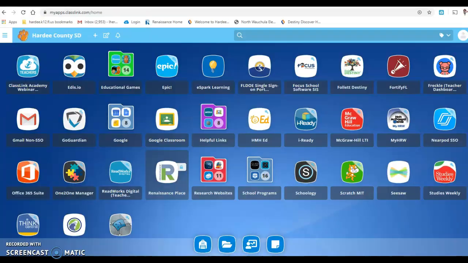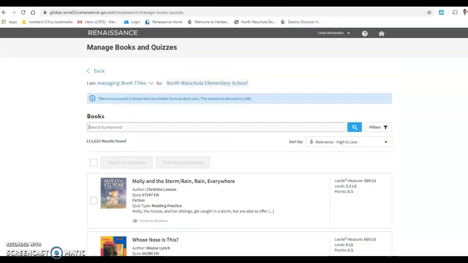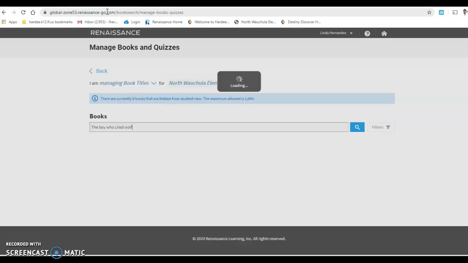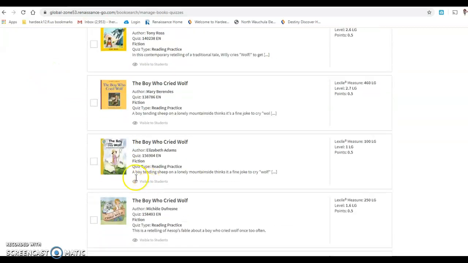It was called The Boy Who Cried Wolf. And there it is. You would click on that, and then you would be able to go in and take